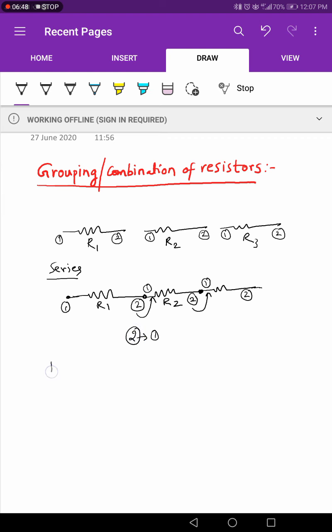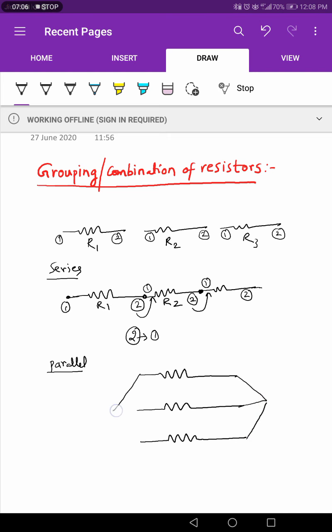And then parallel combination. Sir, what is parallel combination? Parallel combination is nothing but a 1 to 1 connection. That means all first terminals or first ends are connected to one common point, and second ends are connected to another common point. Okay, now 1, 1, 1 and 2, 2, 2. Now one more important point I want to say here, when we are connecting this to a cell